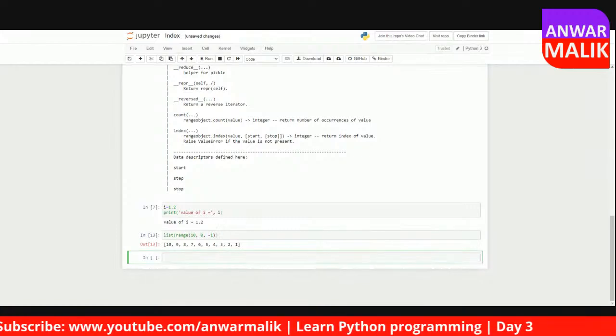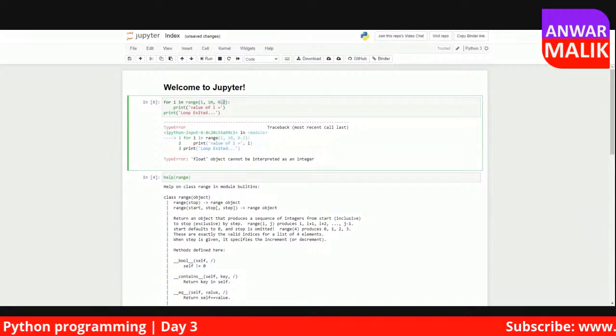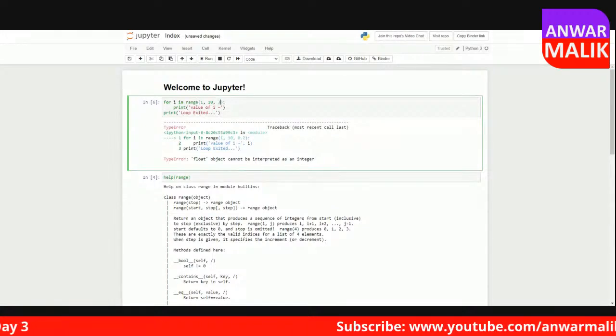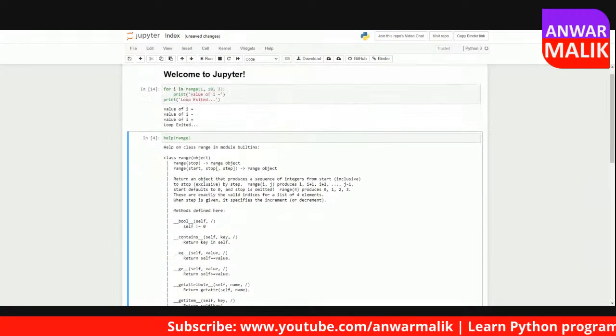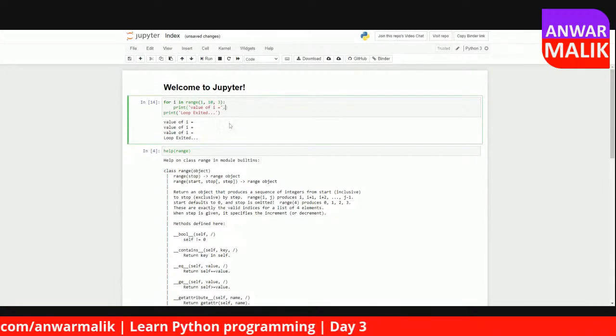Okay. So pretty much we understood the for loop, and there's a problem with this float that I don't know what the issue is here. But okay, if I put here,